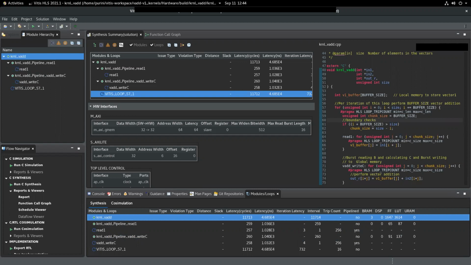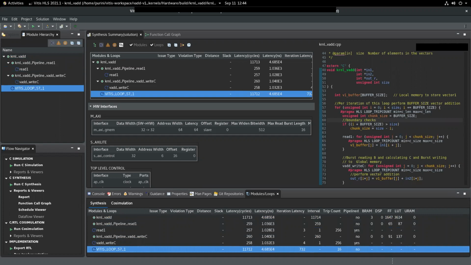Also, if you go down, the iteration latency for this is given as 730 clock cycles. Again, I'm not sure why 730, because as I see it, the iteration latency should be 500 clock cycles ballpark. So where is that extra 230 clock cycles coming from? It's not clear. I think I can check on some of this. There may be some overheads which are being modeled. I will check on this.